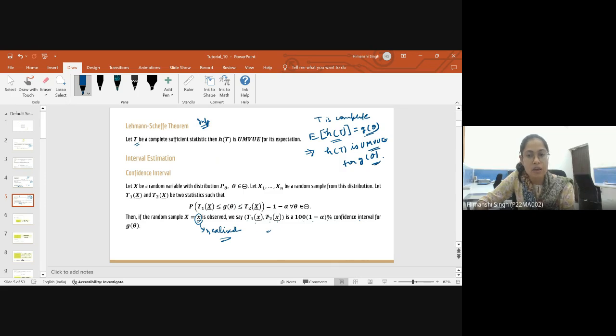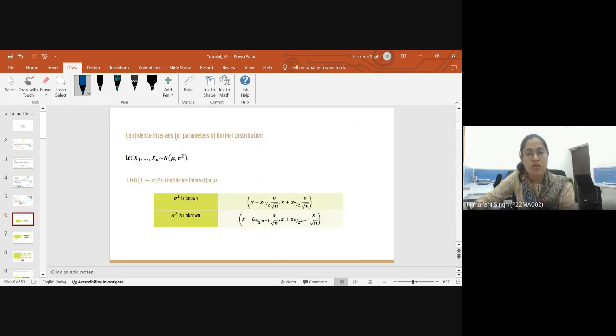Now further we'll only consider that the random sample of the population is from the normal distribution, and we will be constructing the confidence intervals on the basis of the knowledge of the parameters. So first of all, if I consider that X1, X2, ..., Xn are coming from the normal distribution N(mu, sigma squared), and I want to construct the confidence interval for mu, then I have two cases: whether the variance is known or unknown. If the variance is known, the confidence interval will be